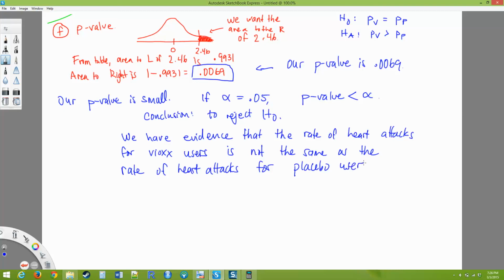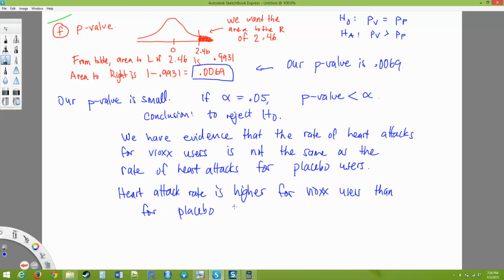And actually, we have evidence that the heart attack rate for Vioxx users is higher than for placebo users. Okay. So if you just want the short summary, the things you want to hit are the